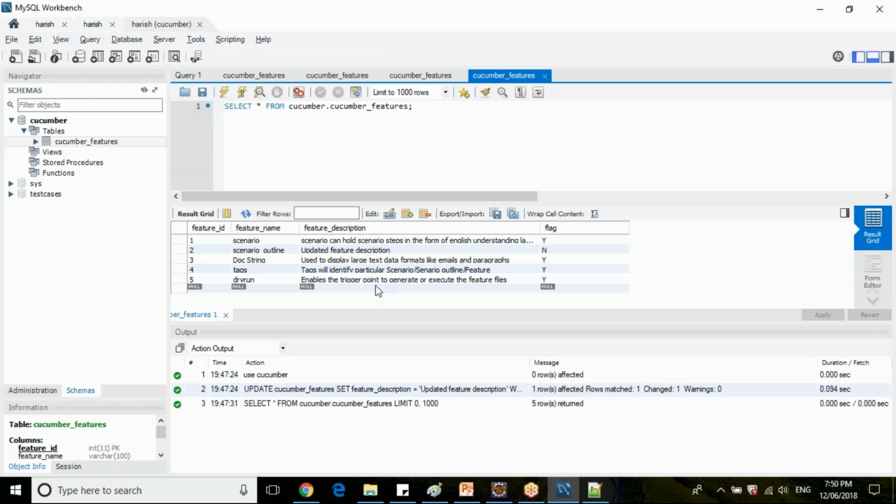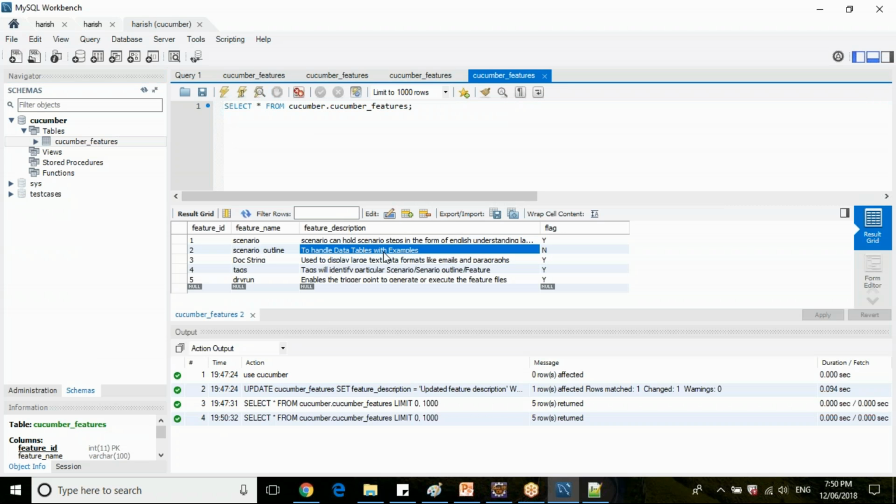Now let's go back to our database, refresh this and check. Fire this again. So, to handle data tables with examples. The feature description for this second feature is updated, right?